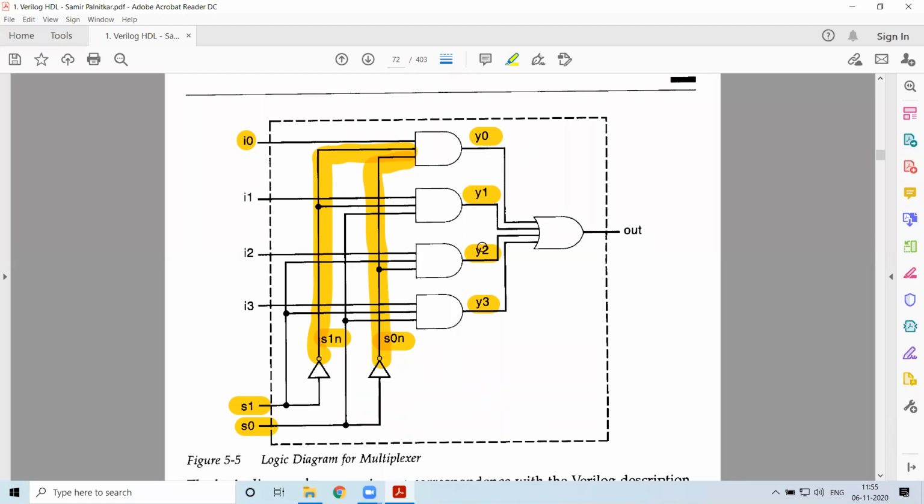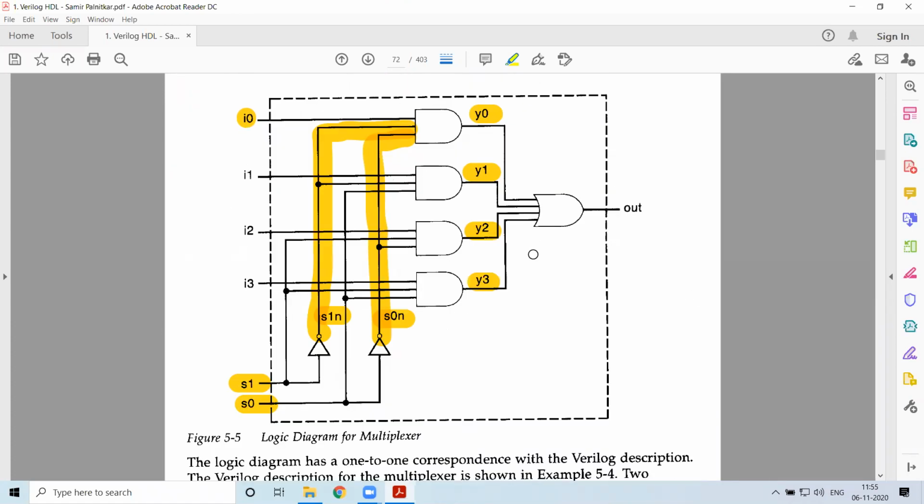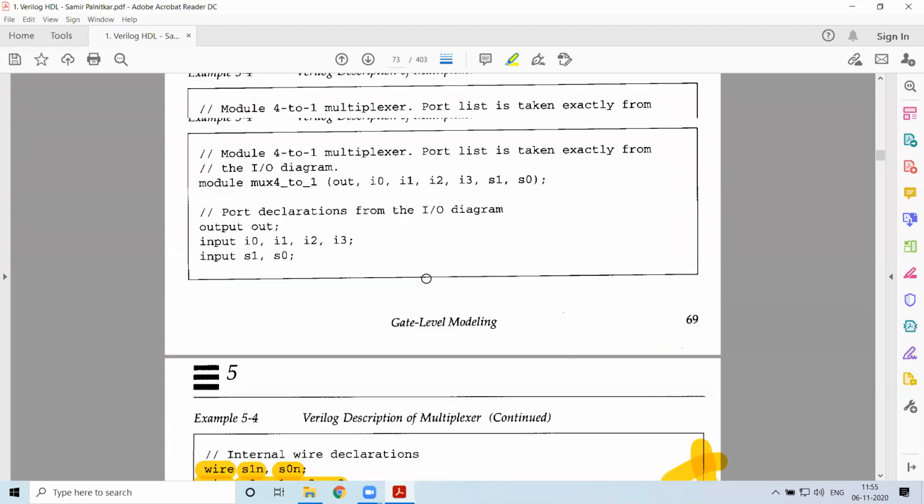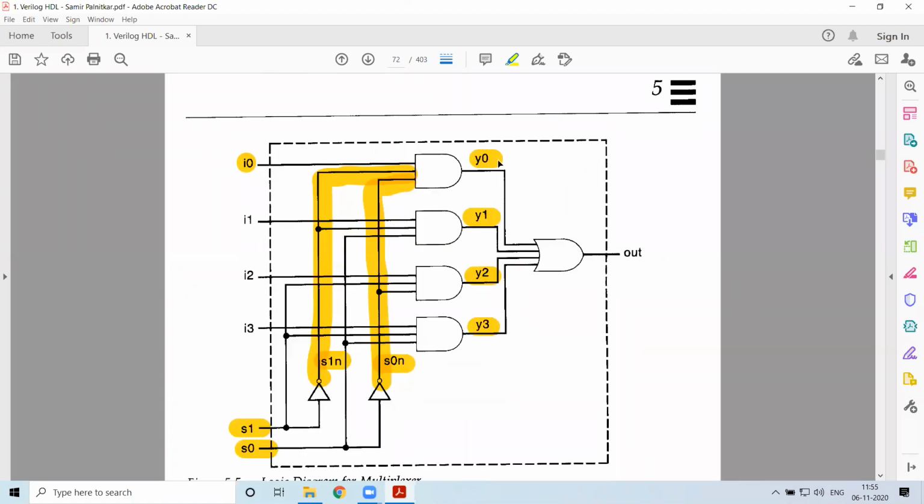So here, let me see how I'll be defining the connection. Here I have and, which is the primitive defined in Verilog. I don't have any name given to this one. This is permitted as we had discussed previously. So Y0 is the output in this case. Then what is the input?